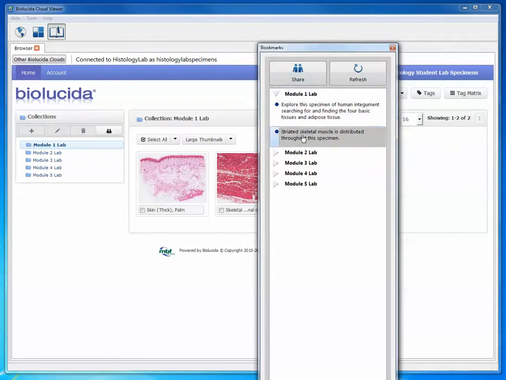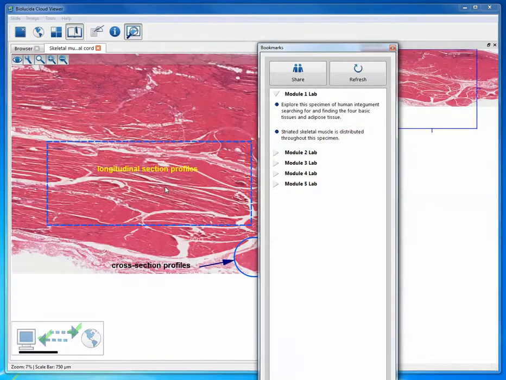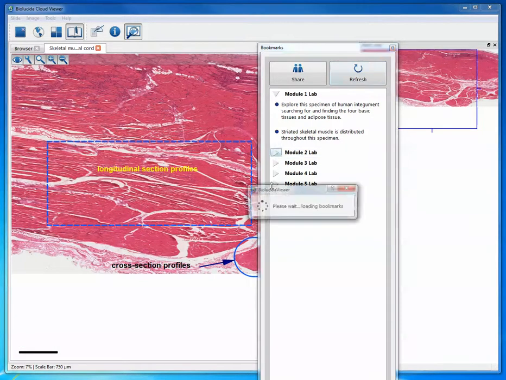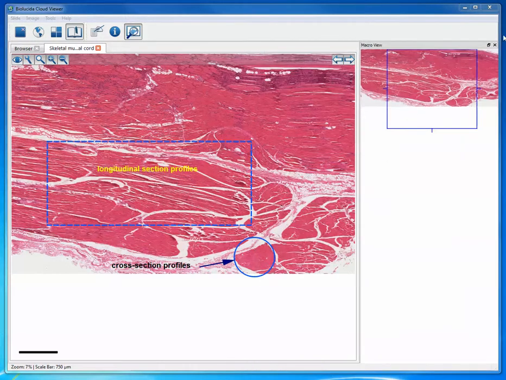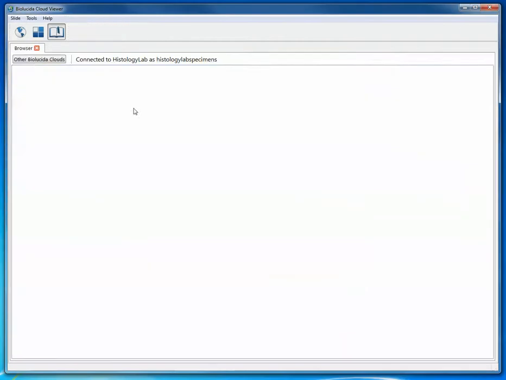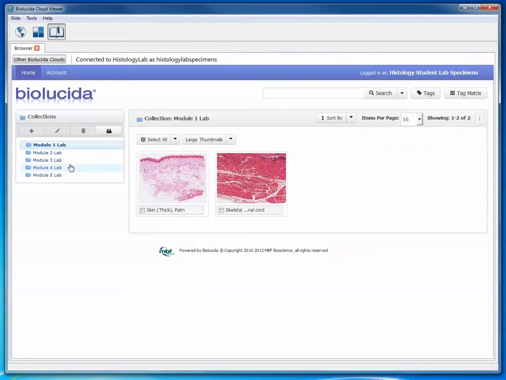And again, if I click this, it'll take me right to that skeletal muscle specimen. And the same thing with the rest of the labs. There are more annotations with these. But I think one of the clearest ways to study these supplemental specimens